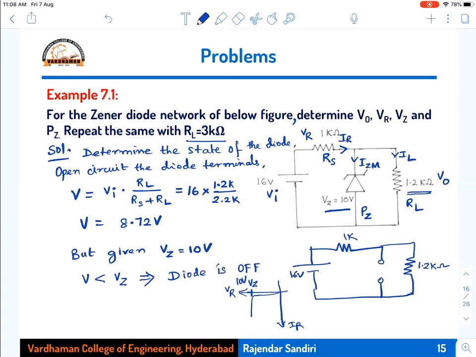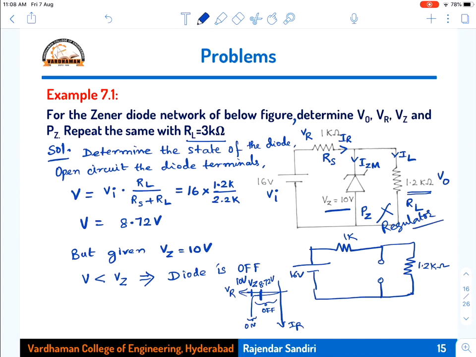Now the voltage across this diode is 8.7, maybe somewhere here. At 8.72 volts, what is the current here at this point? Is it on or off? In this region, the diode is off. At this point only the diode is on. Therefore, this particular Zener diode is not operated in the breakdown region. Therefore, this circuit is no more a regulator circuit.